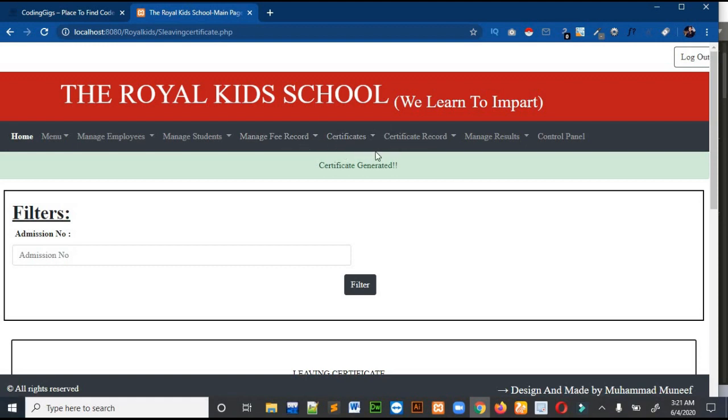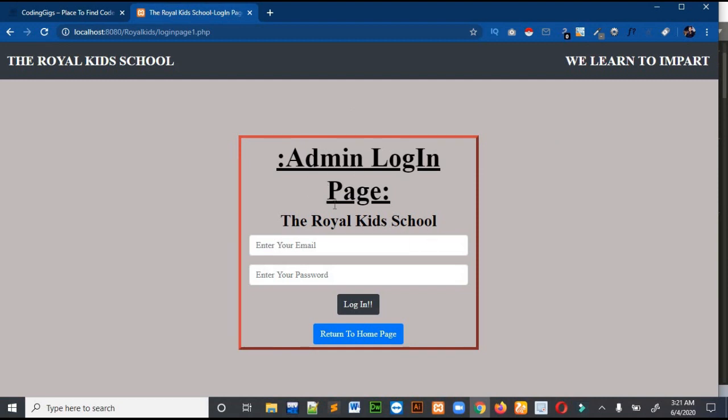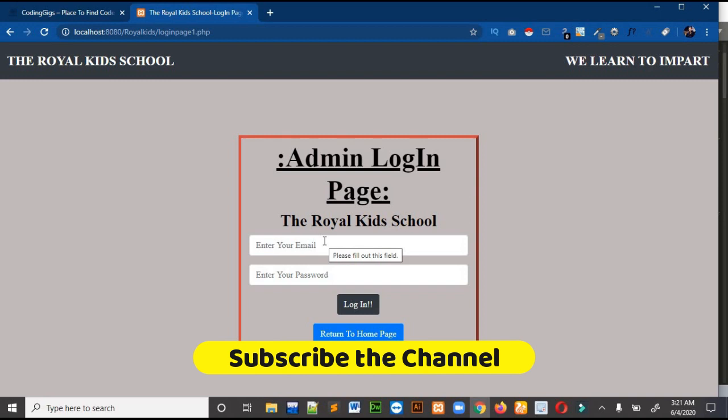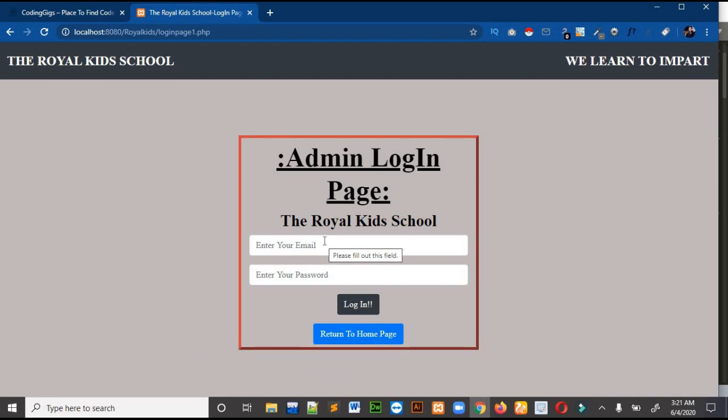So in this video I will show you the last thing, which is the control panel. So what I am doing in the control panel is this. Whenever the user clicks on control panel, this is only the administration part, okay. Only the main administration person will have access to this page, okay. The data of this person will be automatically saved in the database by the programmer, or I will save it, okay. So only one person will have access to this page, and this person can give access to any other person to the software, okay. So he has to write his own email and then the password, and then he will click on login.